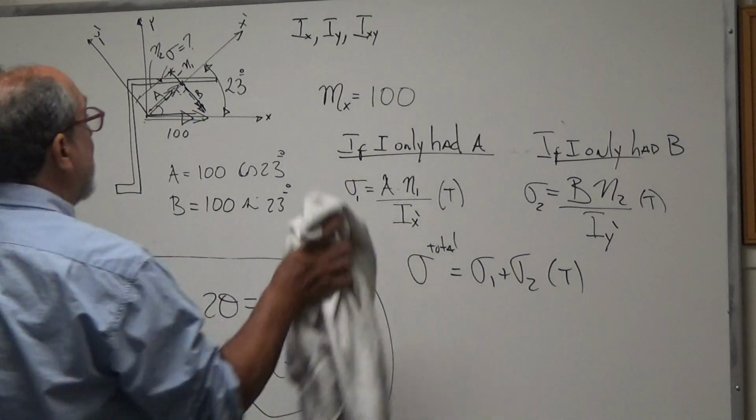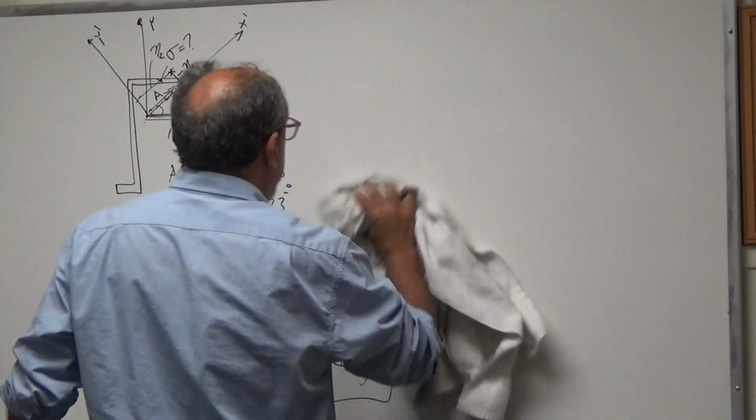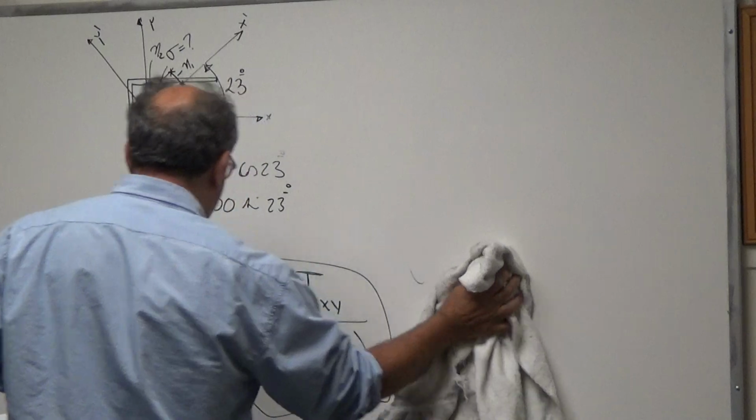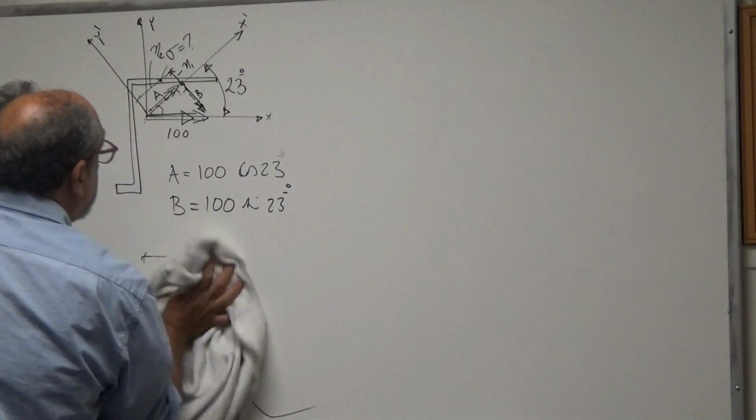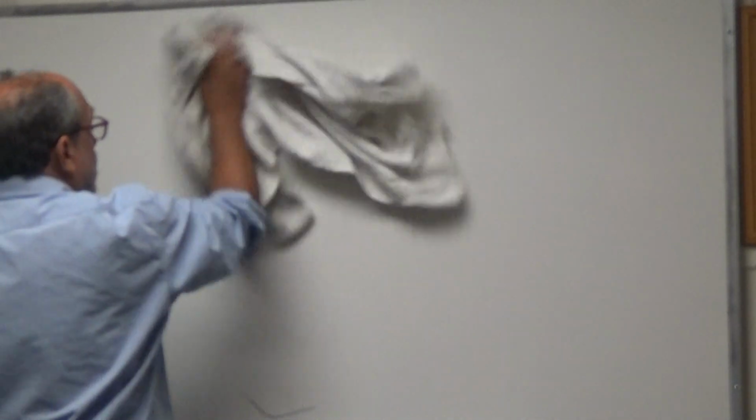And the formula is that once you know the moment of inertia about some axis, then the moment of inertia about any other rotated axis